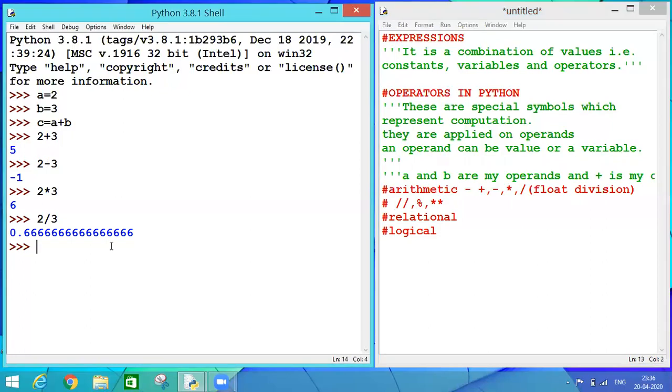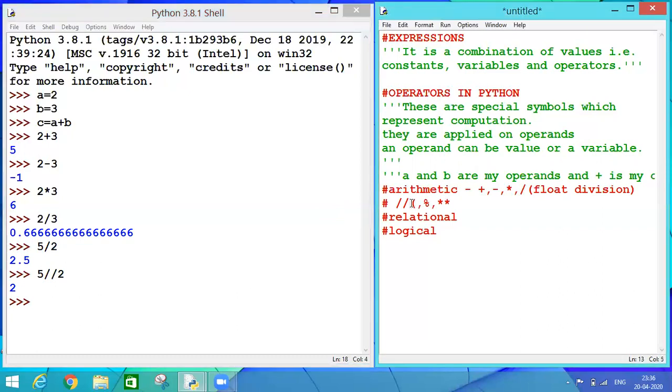Let's take one more example. If I say 5 divided by 2, it will give me 2.5. But if I say 5 integer division by 2, it will give me 2. Because this double division sign is known as integer division.